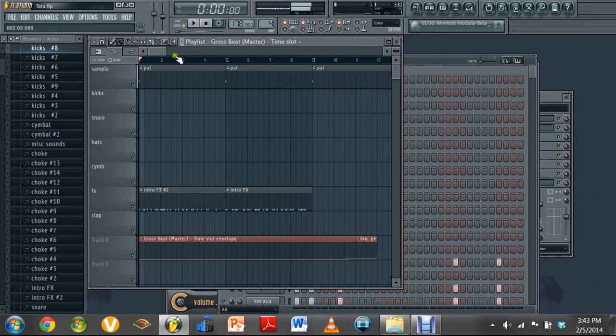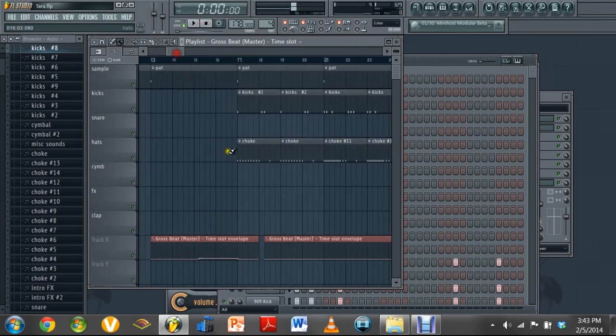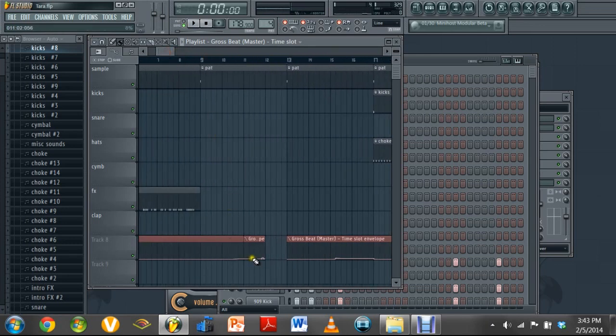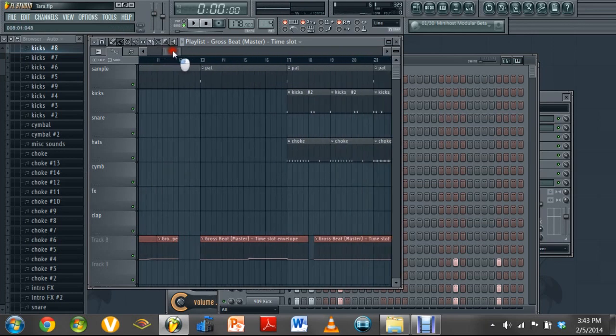And you hit that stutter. I added that stutter. That is a Gross Beat effect right here. That's why I added the stutter. And how this works is